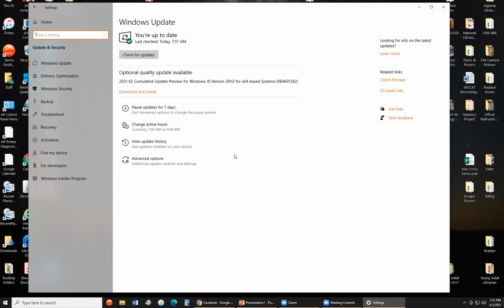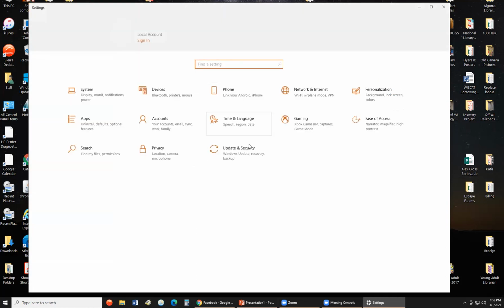We keep our computers on a schedule for updates. So our updates run, think about once a week they'll run. If they're not going through, we do contact our IT specialist, and then he will either walk us through it or he will connect to our computer from his office and he will check on what's going on. So I went into settings and I went to, I'm going back a screen,